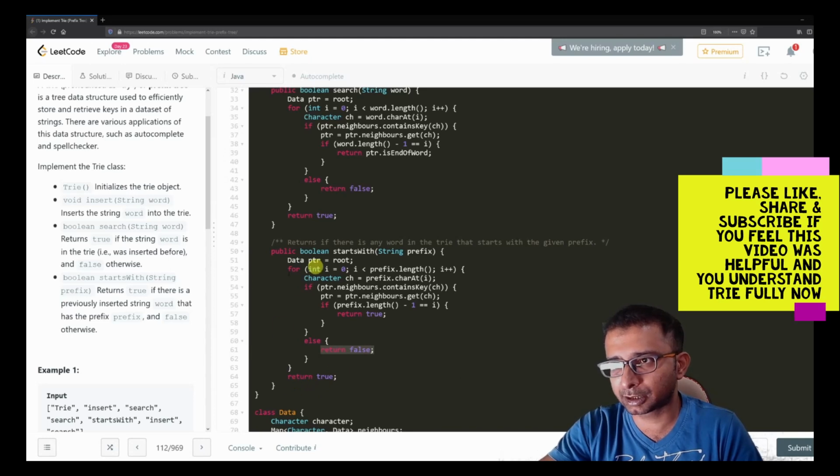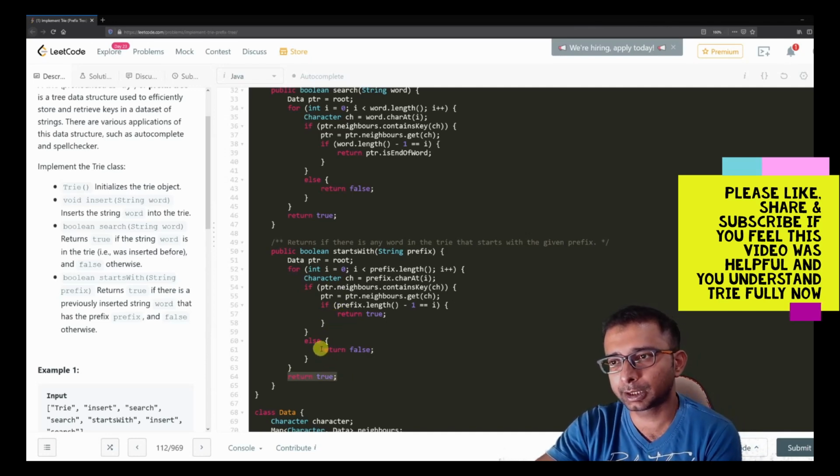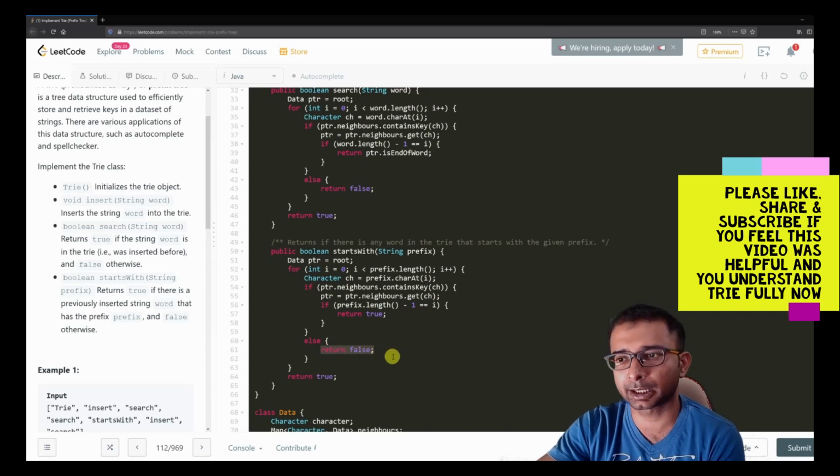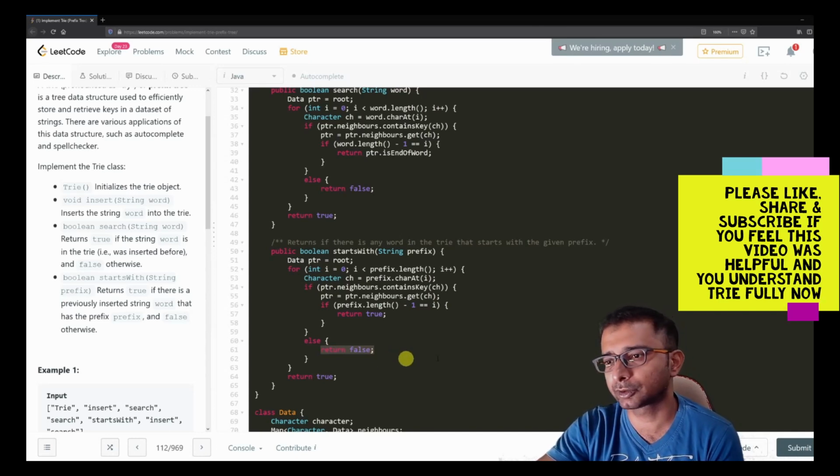And if we can exit out of this also, then we are going to say that it's true, we have found the match, right? Because it never violated that condition over there. So only when I don't find the mapping, I am going to send back a false. And this is how your try is going to work.